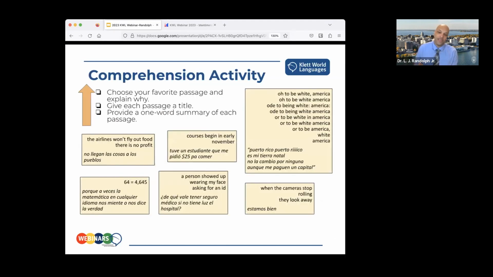And these are some excerpts from their collection of poetry called While They Sleep, Under the Bed is Another Country. And so with these excerpts, depending on students' proficiency level, I have them decide what they want to do. They can do a one-word summary of each passage. That's something that's easier. A little bit more of a challenge, give each passage a title. A little bit more of a challenge, choose your favorite passage and explain why, right? So I give them the freedom to decide what type of comprehension activity is appropriate for them. And I find that they usually challenge themselves to the appropriate extent.